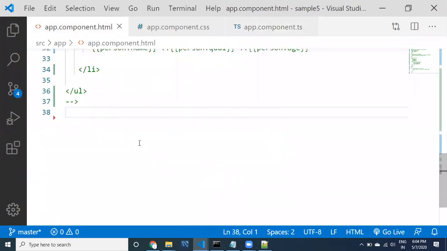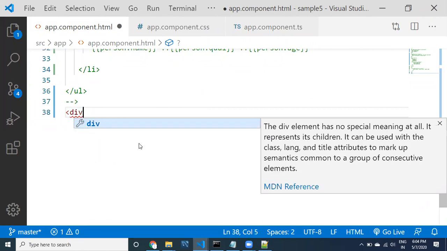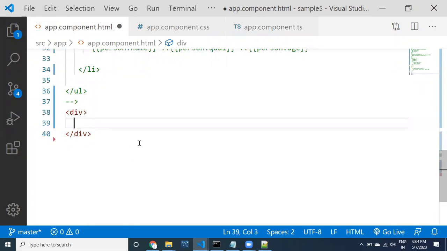Here in the HTML, I would like to explain the basic thing about ngIf. So provide a div or a span or a paragraph, whatever you want. Hello, this is from Slocum. You come here and it is going to display like, hello, this is from Slocum.